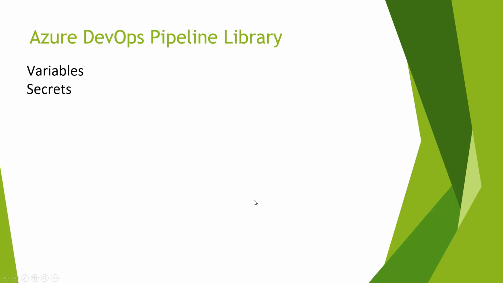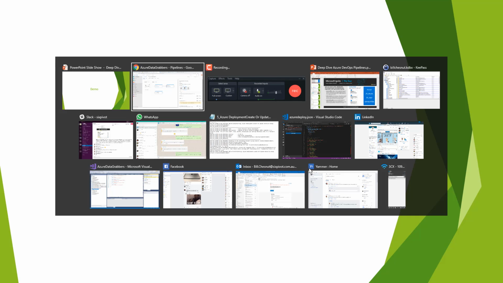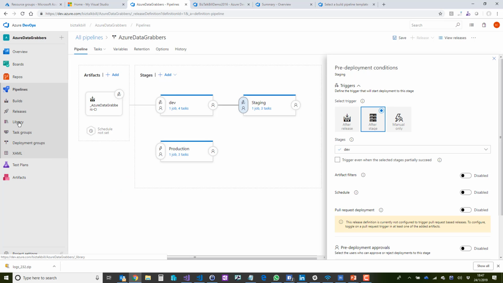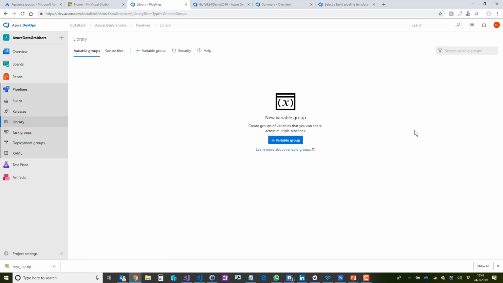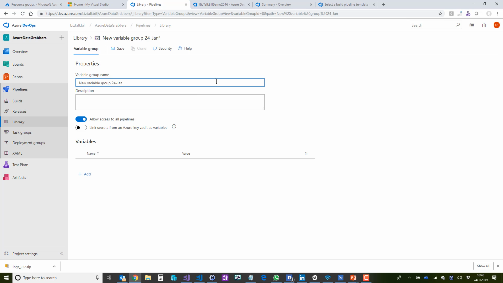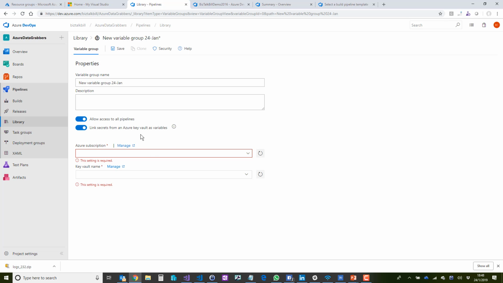So a couple of the things they've added recently are variable sets and secrets. The easiest way to show a little bit of that is in here. So basically here we've got a library. I'm just going to leave that because I don't want to change it. What I can do is create a variable group, and you can restrict which pipelines can access the variable groups. And here, I didn't realize they had this, but there is a way to get your secrets from the Key Vault,